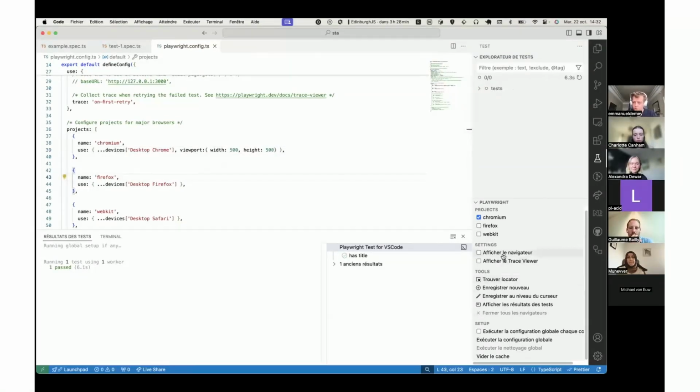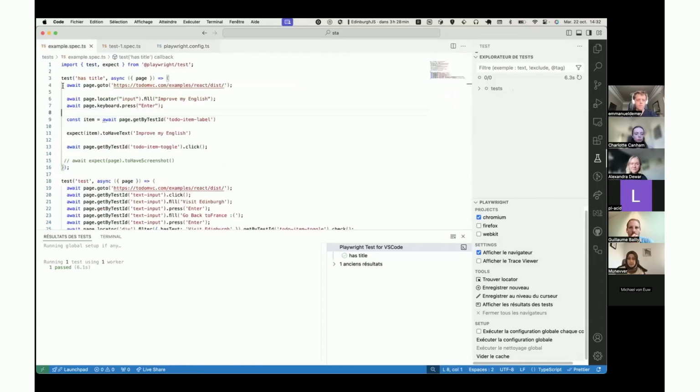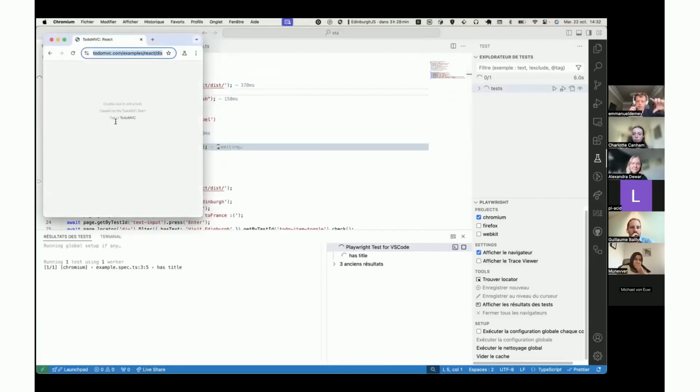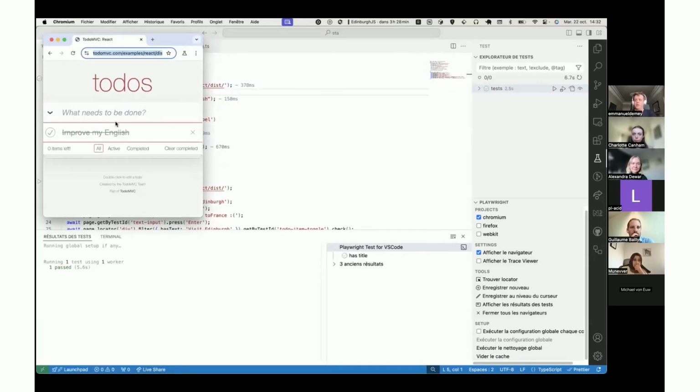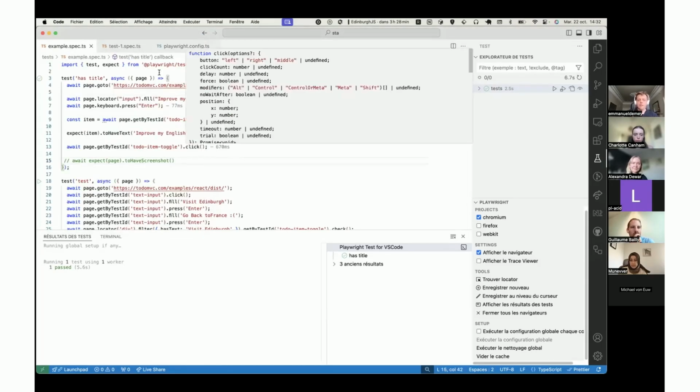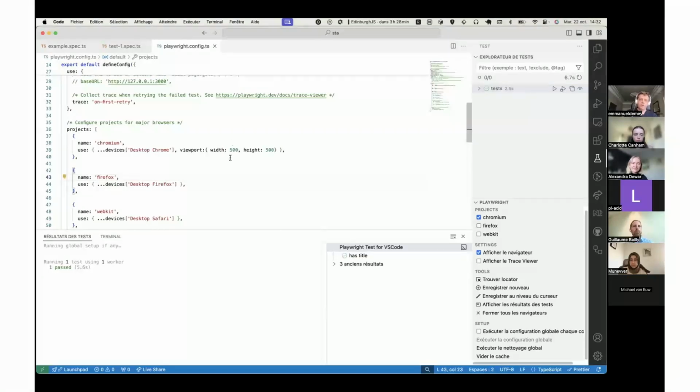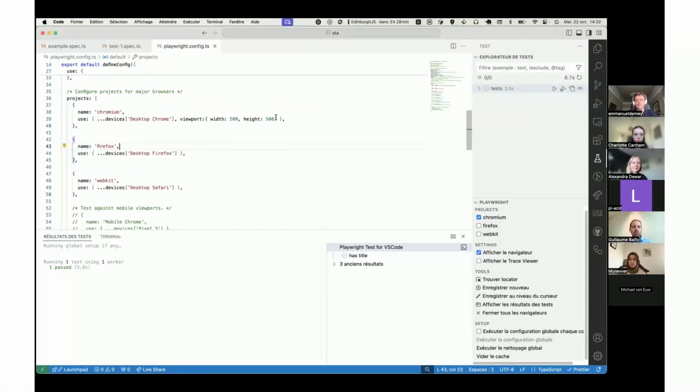Let me show the browser. It should display a small browser with the dimension I defined in my configuration file. So if you want to test mobile first application, you can define viewport size directly from the playwright.config.ts if you want. We can also define if your website needs some authorization for, I don't know, notification, geolocalization,